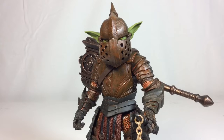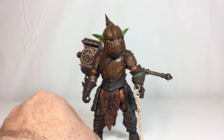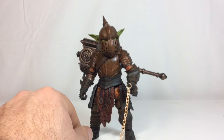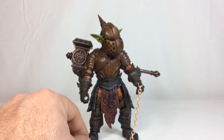Once you put it on, it looks like he's got this massive head, and it doesn't fit. With the dwarf body, I think it fits pretty well, actually. And just stepping him back a little bit so you can take a better look at the overall scale. On Mythic Legions, the heads do run a little bit on the larger side,